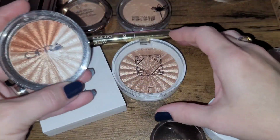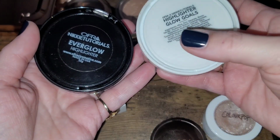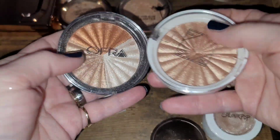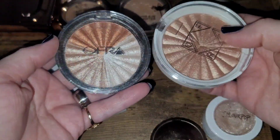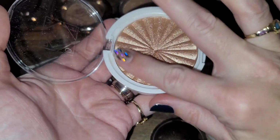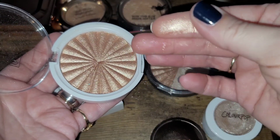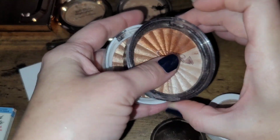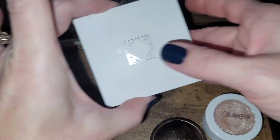Next up, I'll go into the Ofra highlighters. I have the Glow Goals and the Everglow highlighters. I've used the heck out of these. They are a beautiful formula, very impactful, very high shine, very smooth on the skin. But I do not use these as often, and if I'm going to keep one, I think I'd rather keep